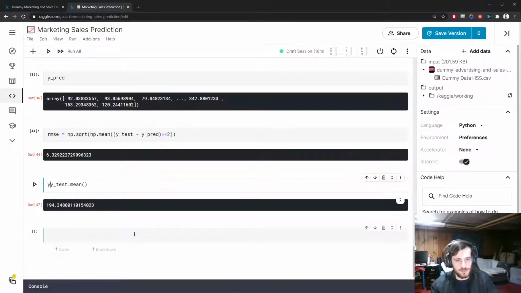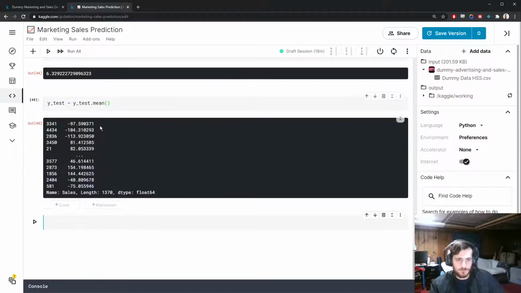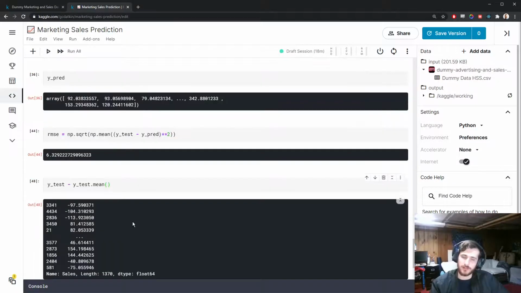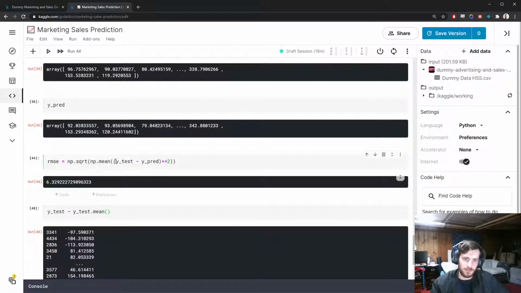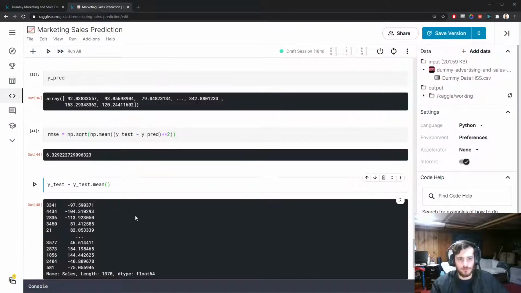And if we take y-test and now find the error between these two things, this is a valid error distribution, just the way we had up here, right? Between our predictions and the test. This is between the mean and the test. So another way we can evaluate the model's performance is saying how much better is our model than just predicting